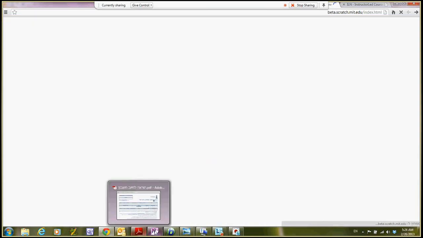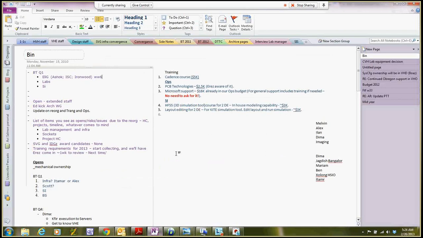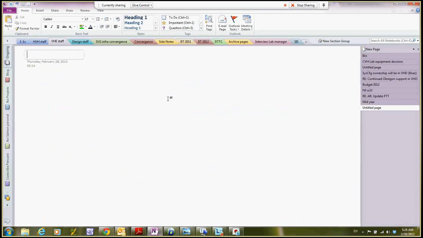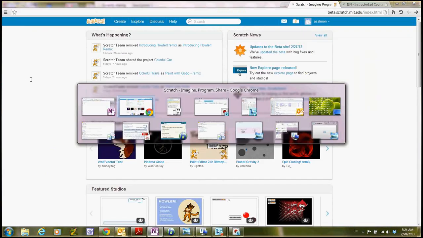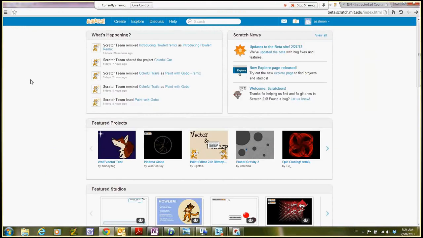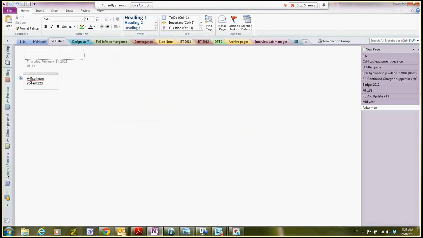Okay, so for you, the user was Avi Salmon, and the password was Yotam123. This is your user and your password. You can go in freely, use this account, and don't worry about it. You can create projects. I will delete them later if they will bother me. Go on, use this